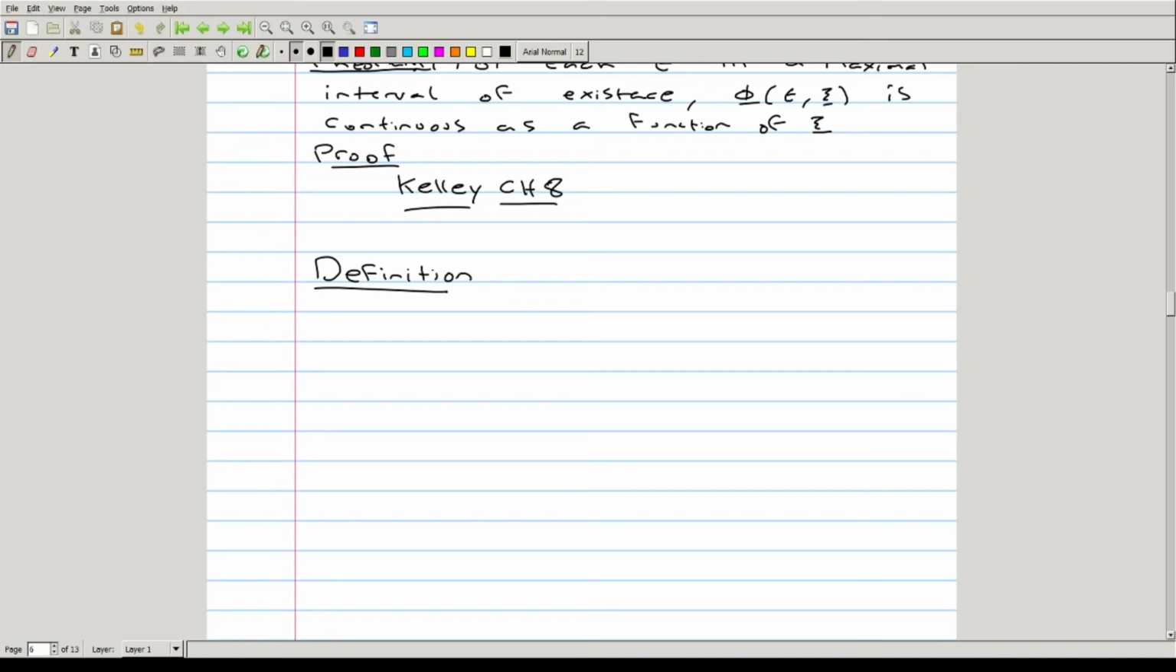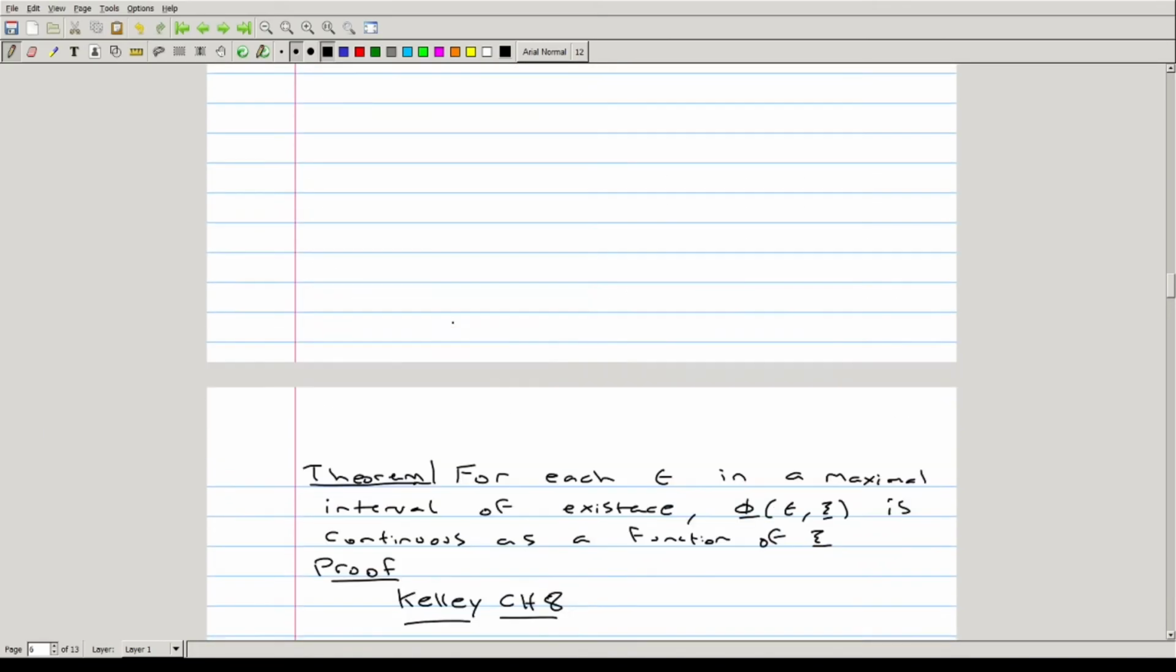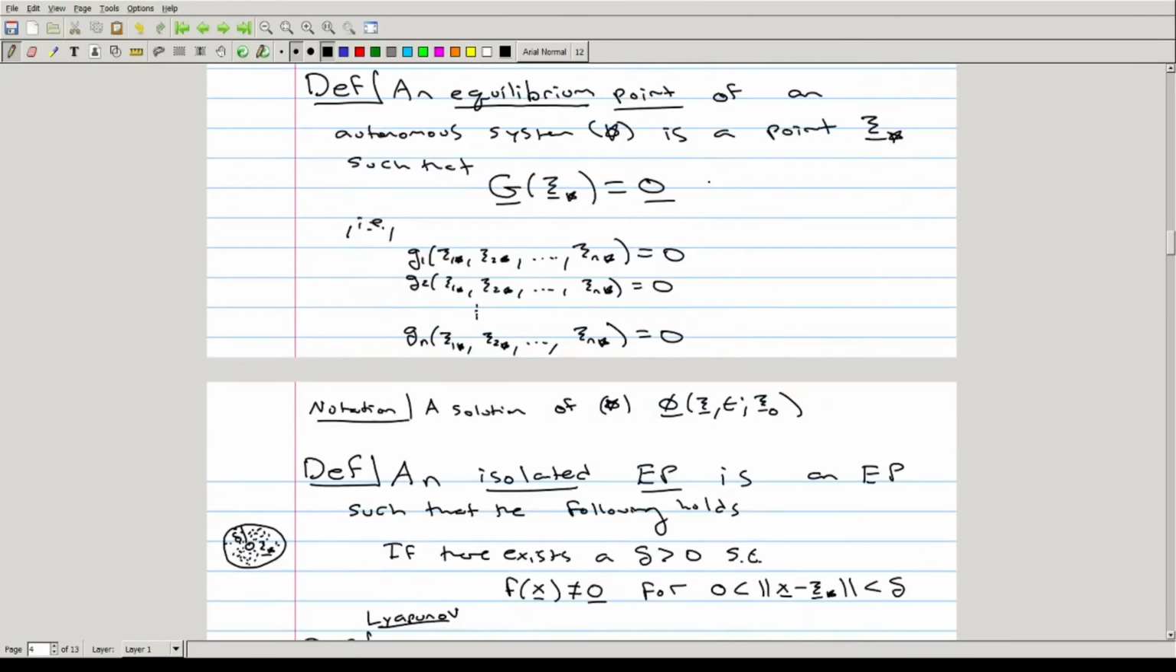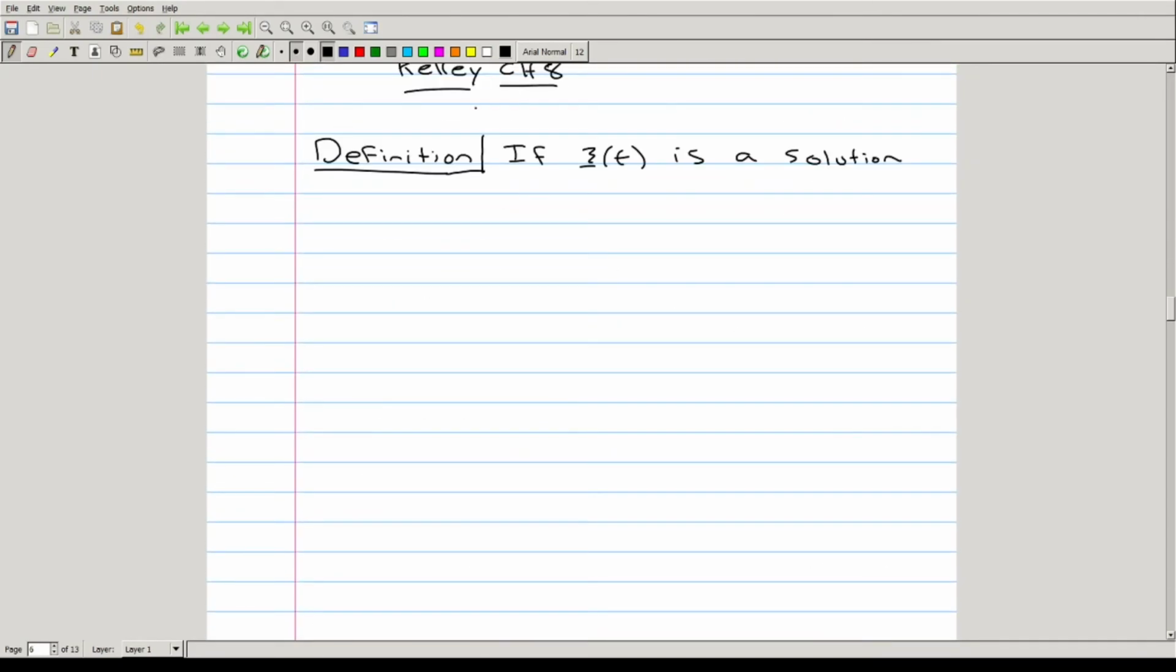We want to also extend the idea of orbits, and this has a nice definitive extension to systems. Say if xi of t is a solution, and the solution that we're talking about is to the initial value problem star. So if xi of t is a solution of star on a maximal interval of existence, for t from alpha to omega,